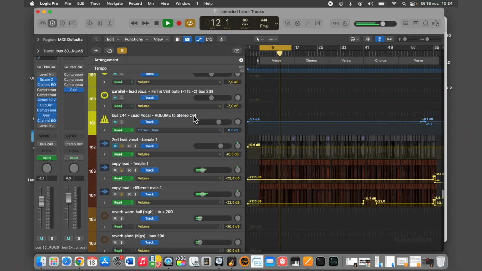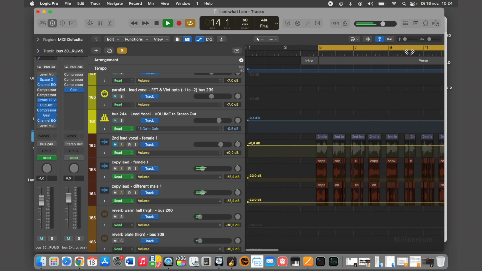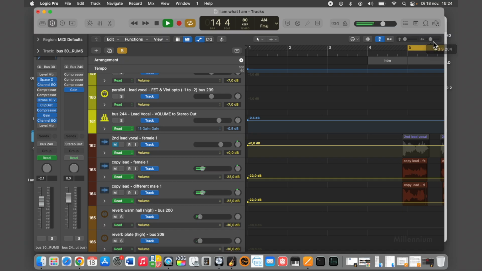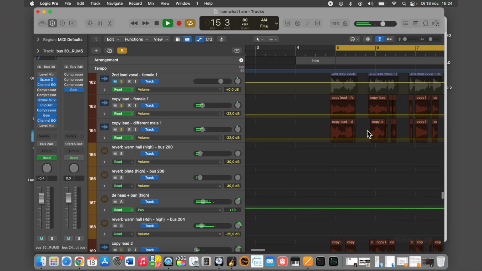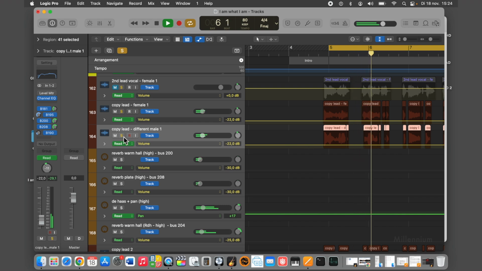I created singers who are singing the same thing as the lead, and they all have a different color. For example, this is a different male. So this male